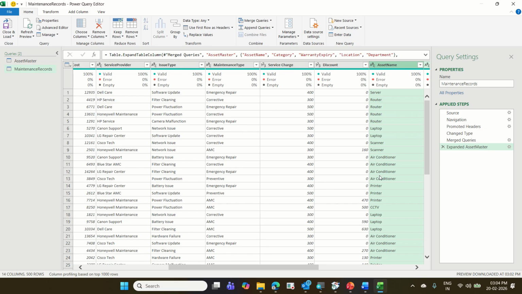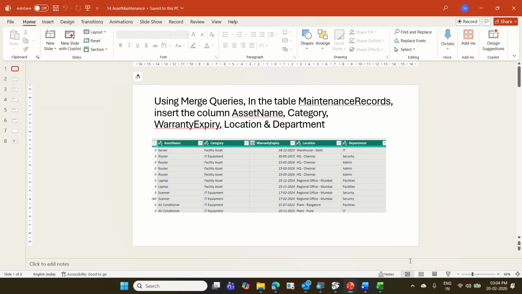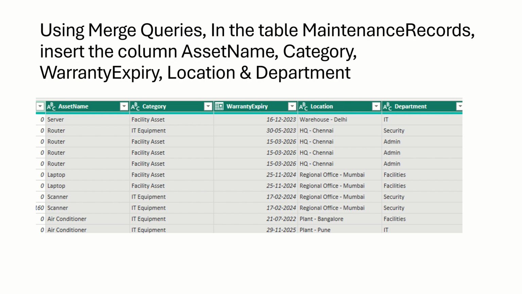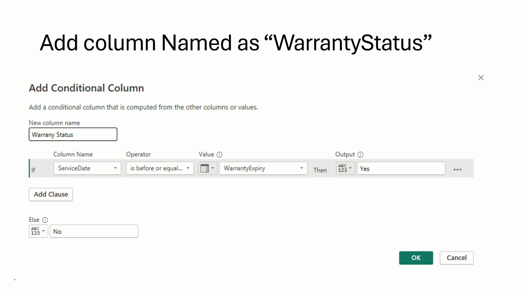Let us write one small formula. I don't want to go in depth because time is shorter. You write one small formula here. Maybe add a conditional column. Very simple formula. The name of the column is warranty status. There is a column called service date. If the service date is before the warranty expiry, that means we